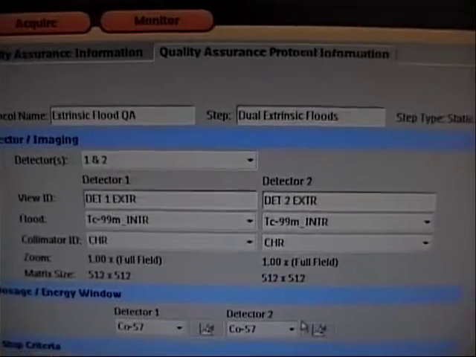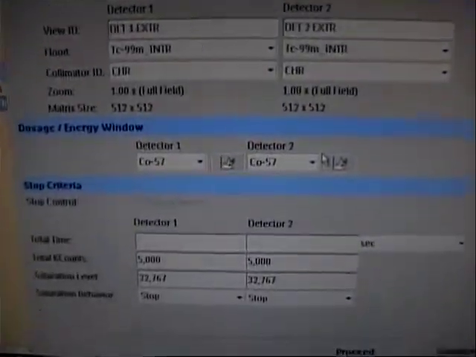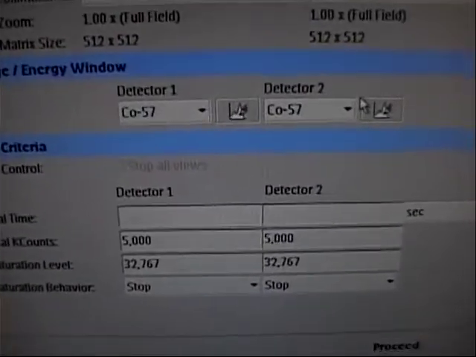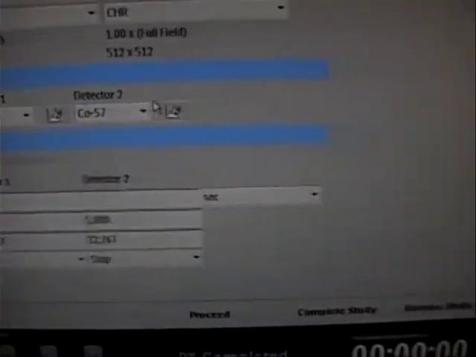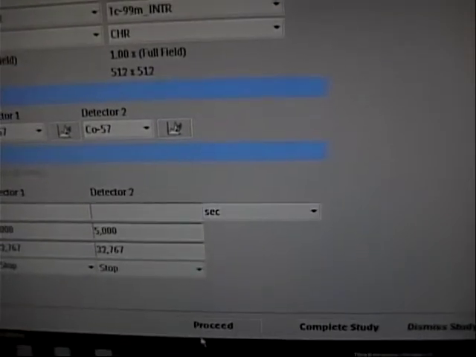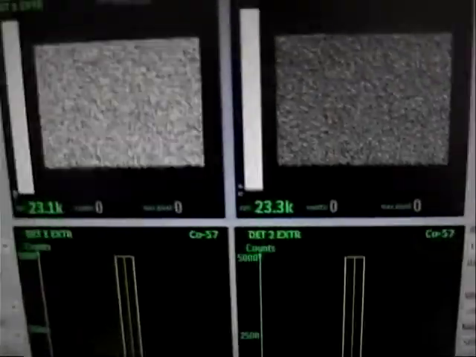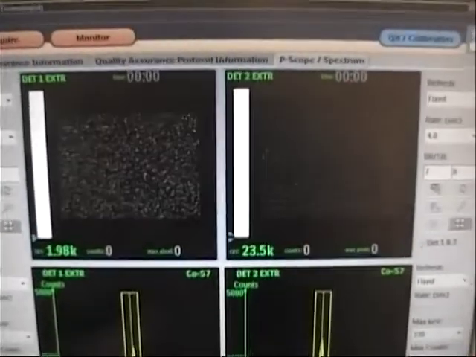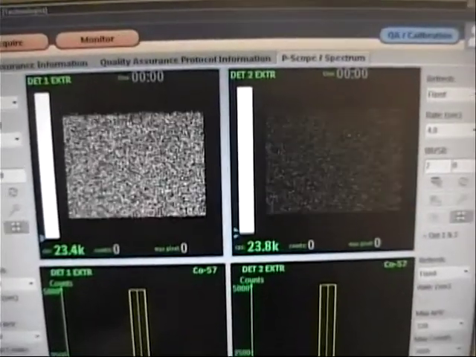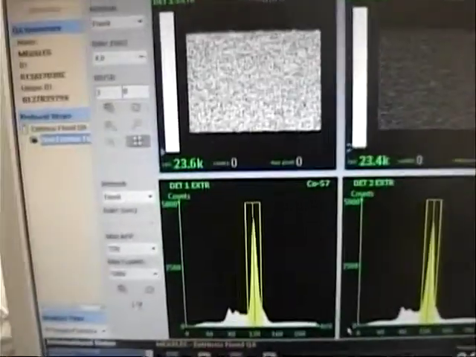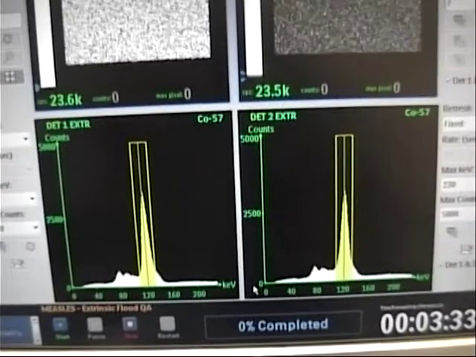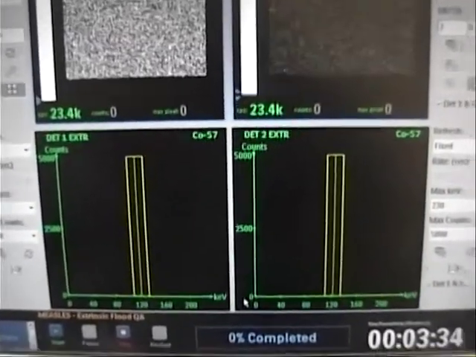All the parameters are the same that you would normally have for your daily flood, which this one's already set up to acquire for 5,000 K counts. So we're going to go ahead and proceed. Comes up with the P-scopes like it normally would. It also shows our energy peak with the window on that energy peak. Now, the idea